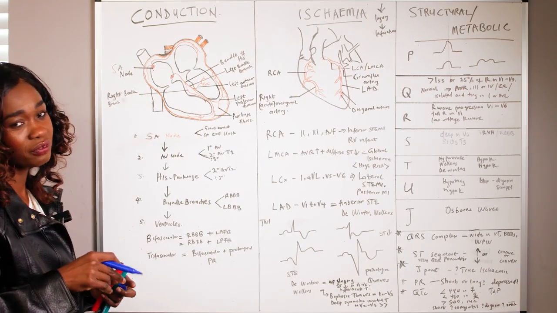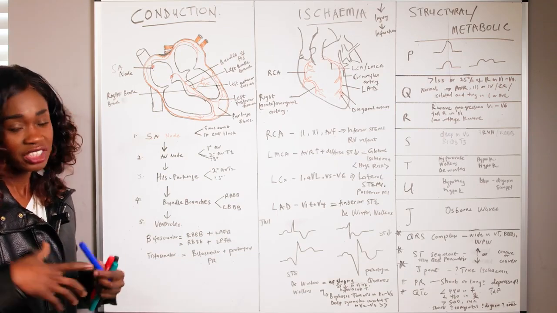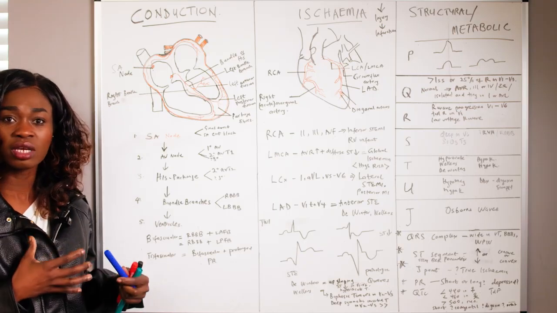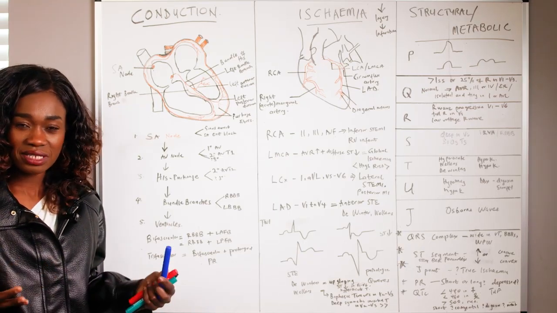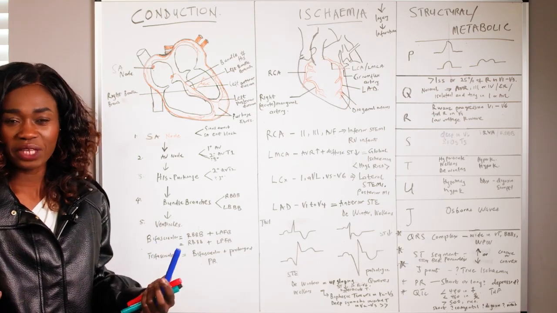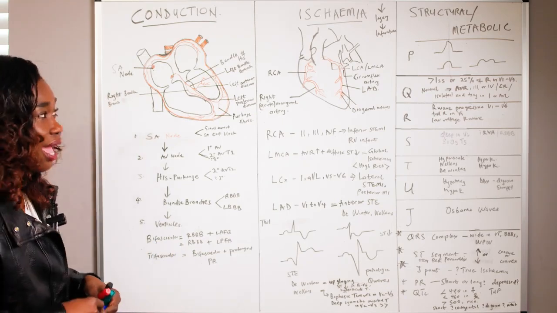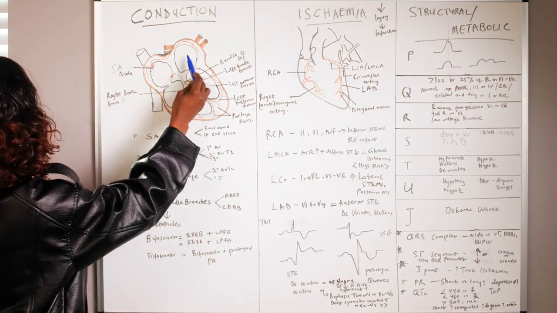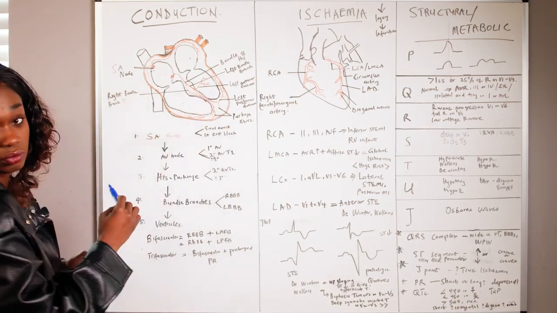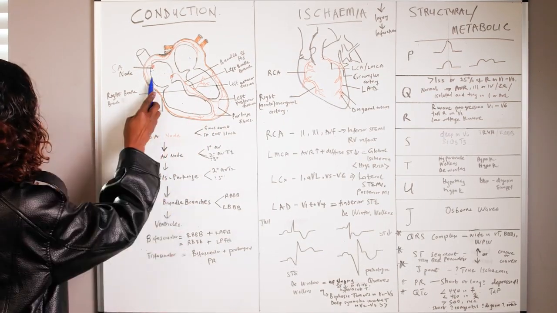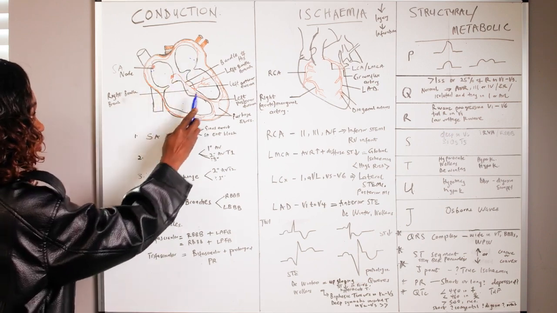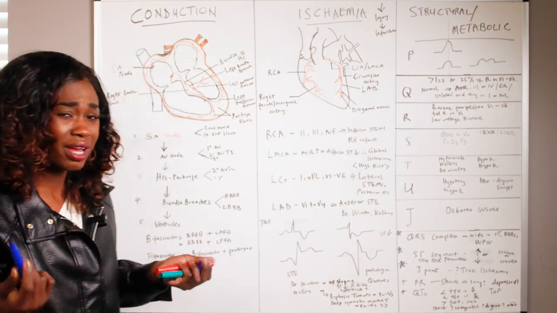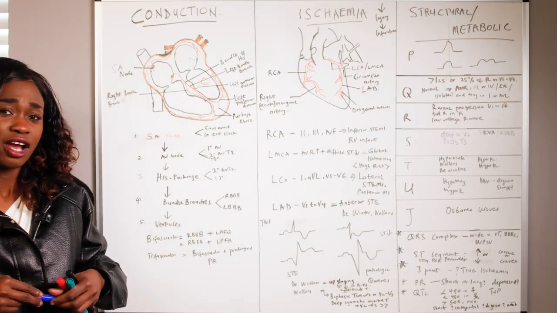The heart is a very beautiful organ in the sense that it generates its own electricity. And when this electricity travels from one part of the heart to another, it sends a message to the heart. It says, beat now, beat fast, beat after me. And this one right over here, which you will find in the right atrium, because here is the atrium and here we have the ventricles. As you know, there are four chambers of the heart: the right atrium, the left atrium, the right ventricle, the left ventricle. So this sinoatrial node is what I would like to refer to sometimes as the